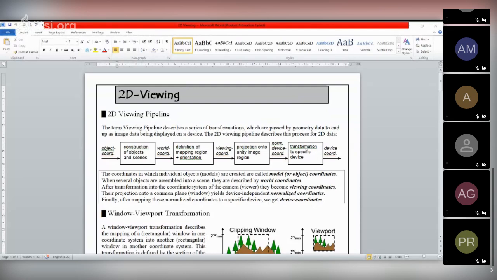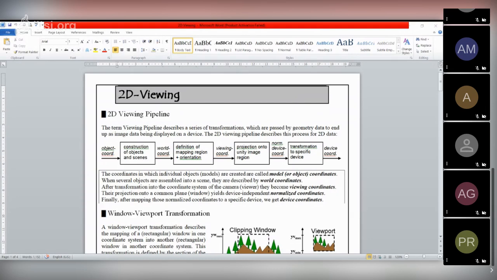That means our device has some fixed viewing window. Beyond this fixed window, nothing would be visible to us. That means if there is a rectangular window, then only the scene that is in the area of this window can be viewed. The other part that is beyond this viewing window will not be seen by our device, or we are unable to view this scene.